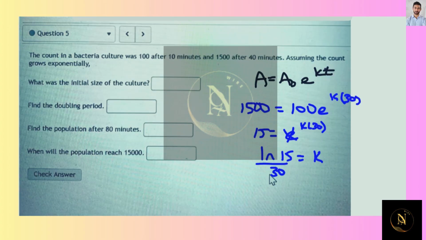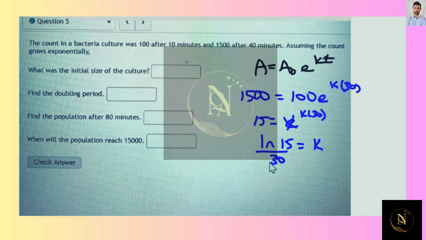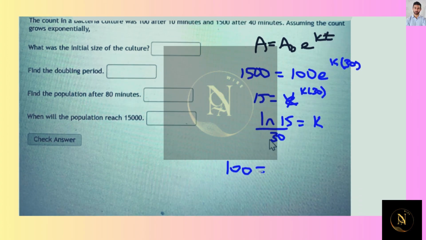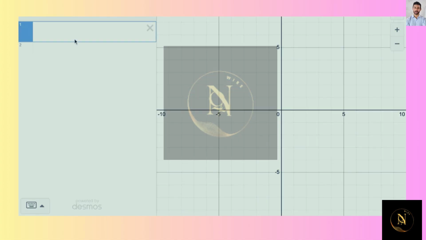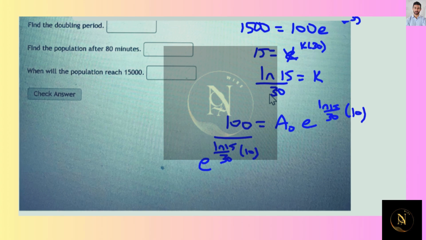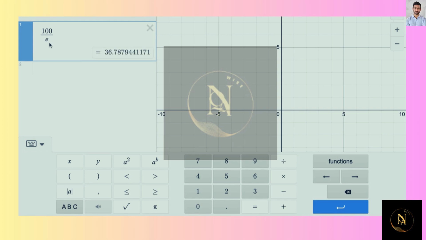So now we know that if it was 100 after 10 minutes, we can find the initial value, because that took 10 minutes, by dividing both sides by e to the natural log of 15 over 30 times 10. So 100 divided by e to the natural log of 15 over 30 times 10,